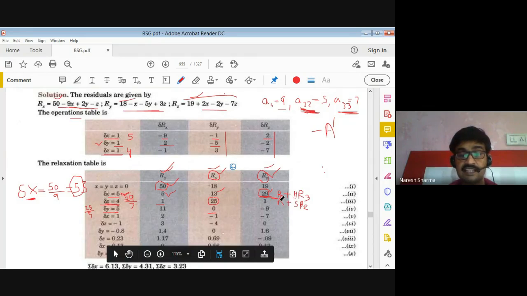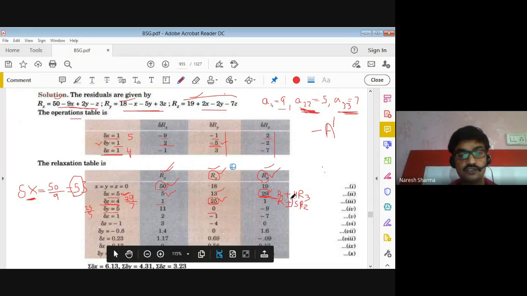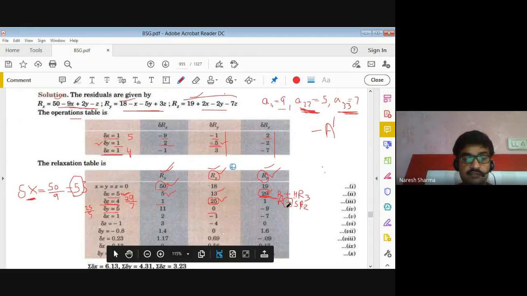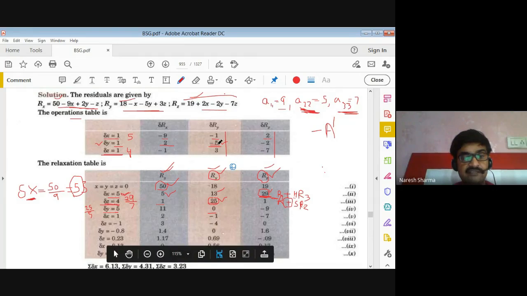So we may subtract here, we may add here. That is according to, because we want to decrease this. If it is plus 5, we can subtract 25 minus this, and we operate on that complete line. But here it is already negative. So 5 into 5 is minus 25. We just need to add. So this sign you can choose accordingly. If you need to subtract to decrease selected values, then you can subtract. If you need to add to the selected value, you can add accordingly. So here it is 5 into minus 5, minus 25, add in this is 0.